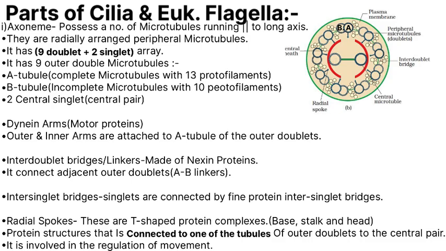Then there is the dynein arm composed of motor proteins. You can see in the diagram how they are organized into rows of outer and inner arms attached to the doublets of microtubules within the axoneme. It has 3 outer arms facing the periphery and 2 inner arms inside the circle, and they are specifically attached to the A tubule of the outer doublet that is fixed. Dynein arms are ATPase motor proteins that convert the chemical energy from ATP into mechanical force. This released energy helps the dynein arm to walk along the adjacent B tubule by producing sliding between the microtubules.